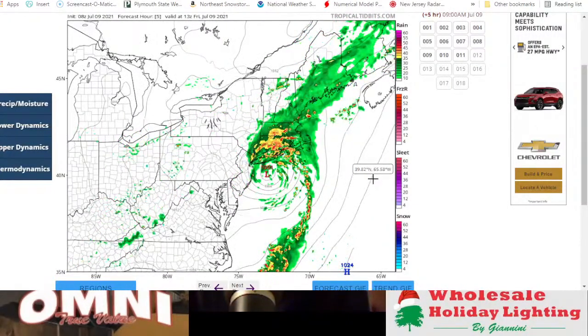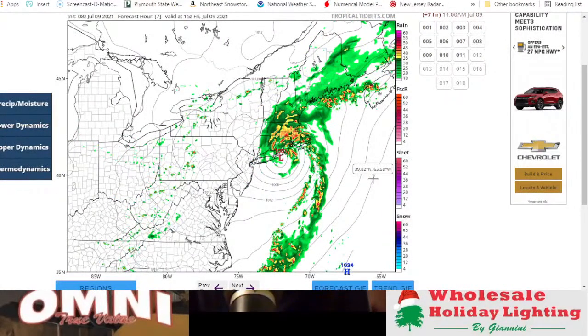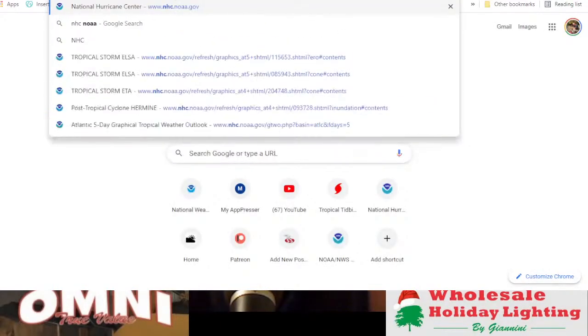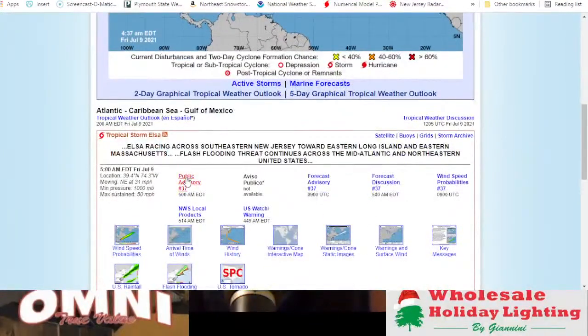And then by 9 a.m., the back edge at New York City. By 11 a.m., most of Long Island should be done. There's probably some back edge leftover showers. And then it pulls away to the northeast, and it's over and done with. Let's see what the Hurricane Center is saying on their latest advisory. The 5 a.m. advisory is